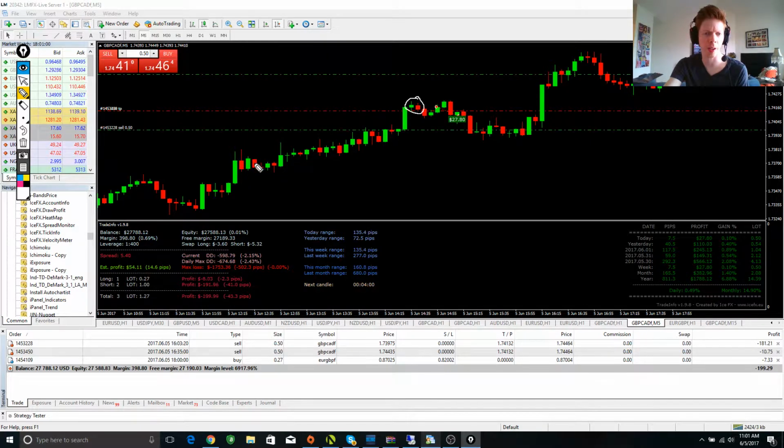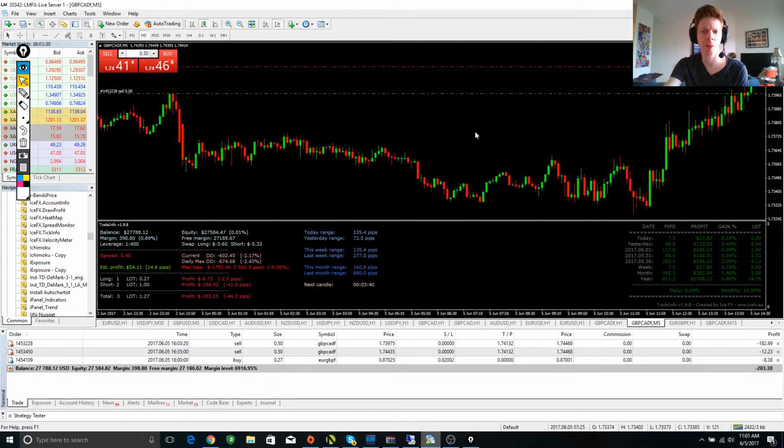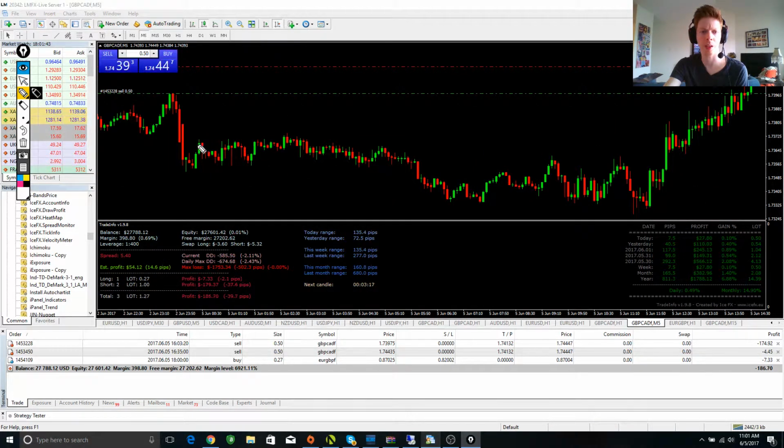Now there were a couple more that were potential setup candles. There's one here. There was one here. There was one here as well. And the reason why I wouldn't take those positions, just scrolling back a little bit, I'd look more for a place of support or resistance. And the actual entry that I took was the first real level of resistance. So I'm looking at these two levels, and all the ones before that were not really strong. The area that I'm talking about is right in here,